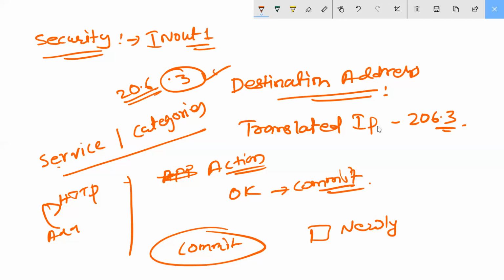Come on the Windows 7, open HTTP 192.168.206.3. No, it doesn't work.